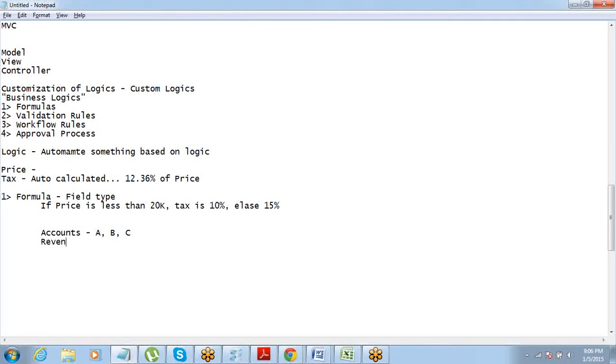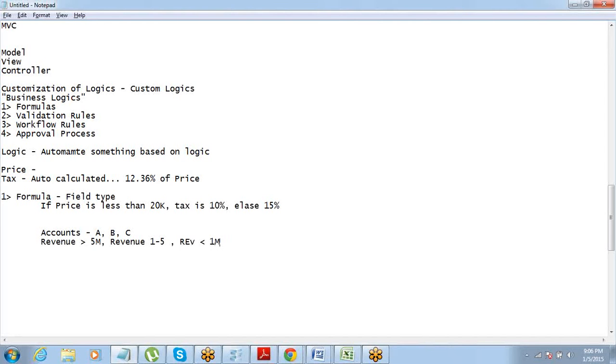Let's say any account which has a revenue more than 5 million is an A category account. If the revenue is from 1 to 5 million, then it's a B category account. And revenue less than 1 million is a C category account, let's say. Okay.